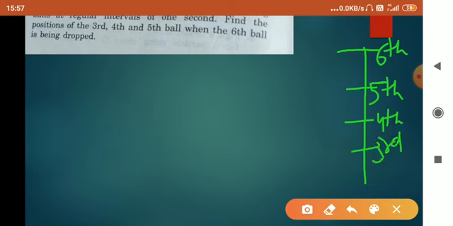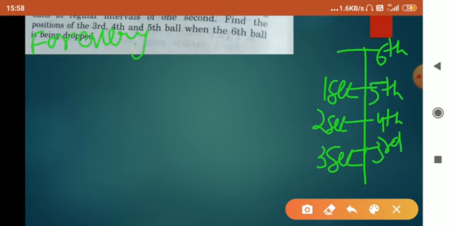Okay. When the sixth ball is being dropped, the fifth ball is, in 1 second, at this point. The fourth ball is, in 2 seconds, at this point when the sixth ball is dropped, and the third ball is at this point in 3 seconds when the sixth ball is being dropped. Clear? And for every ball, the initial velocity u is 0. So for finding the position of the third, fourth and fifth ball,